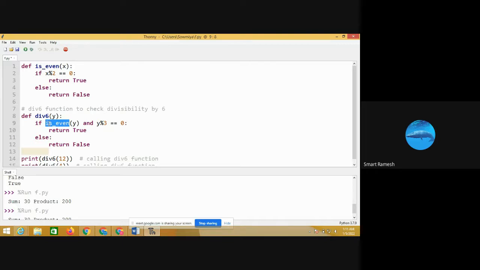Here y value is 12, so I am getting inside the function is even of 12. Is even of 12 means I am calling another function. What is the x value here? X value is 12.